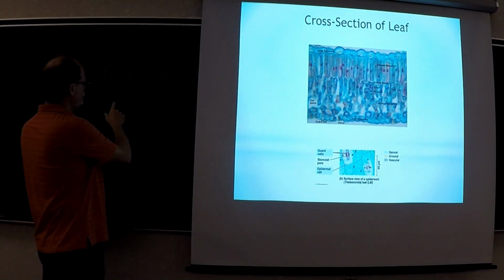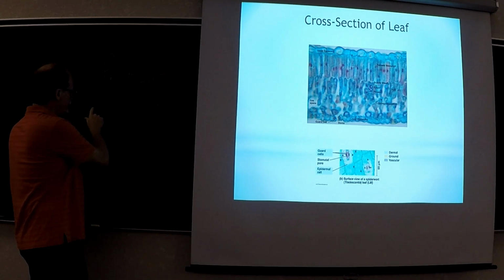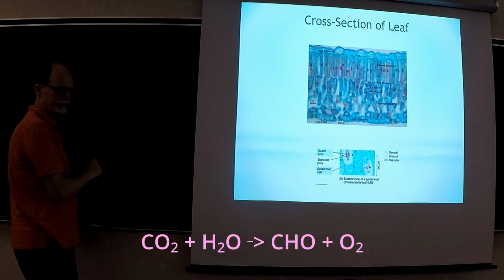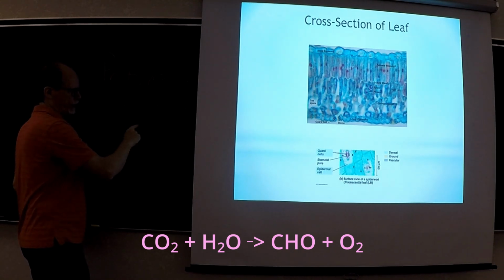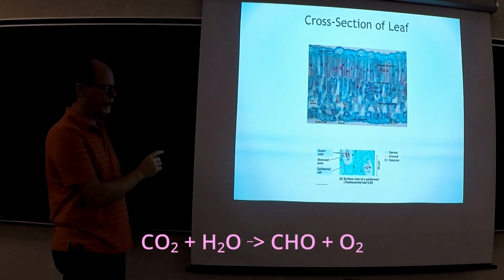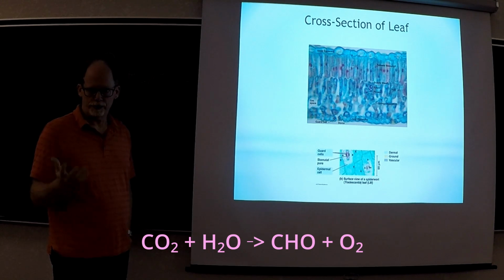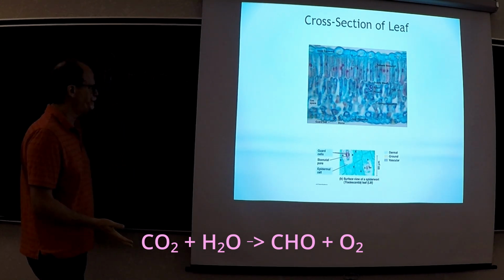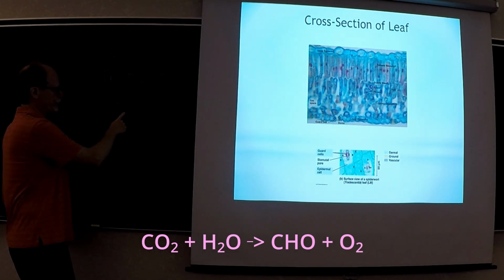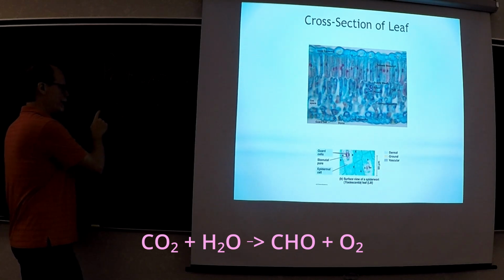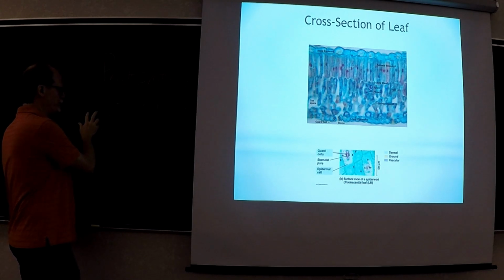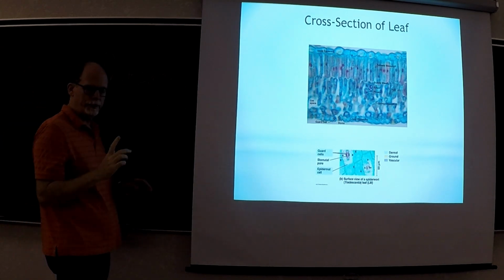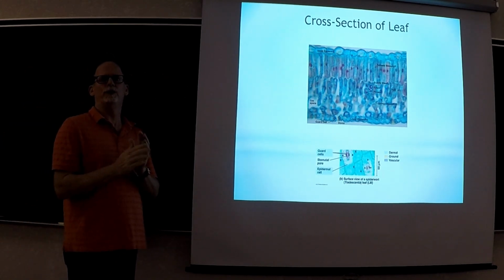So plants are able to take CO2, which is a gas, and fix it to become carbohydrate. CHO stands for carbohydrate. Glucose is an example of a carbohydrate. Photosynthesis requires water and CO2. It literally fixes CO2. Fixing CO2 means that it goes from being a gas state to a solid state